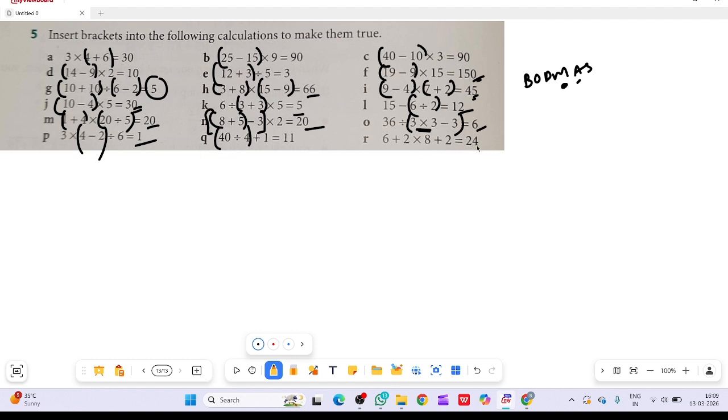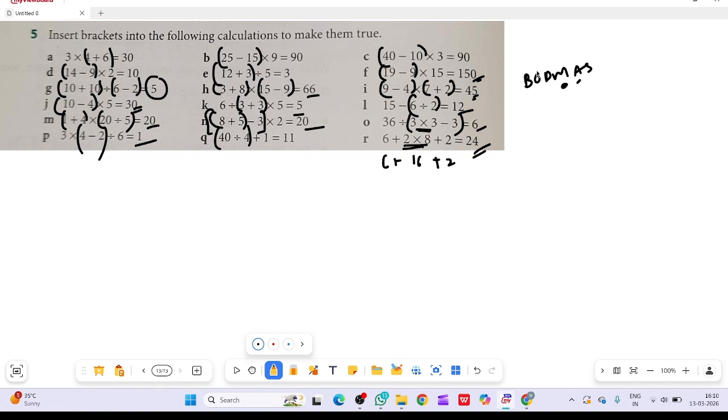So now here in 24, strictly BODMAS will be followed. That means first of all multiplication. So in multiplication this is 16 and this is 6 plus 2. So 16 plus 8 is what? 24. Okay. So we have not put the brackets because if we use BODMAS we need not require the brackets. We simply follow the division, multiplication, addition and subtraction rule.